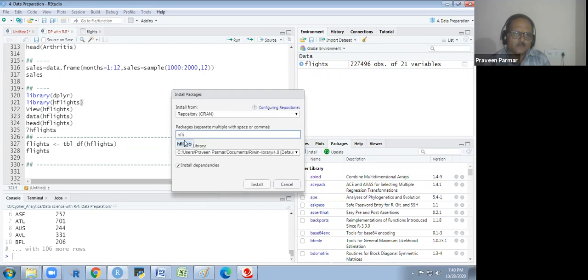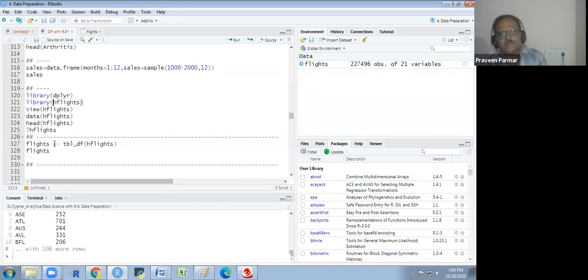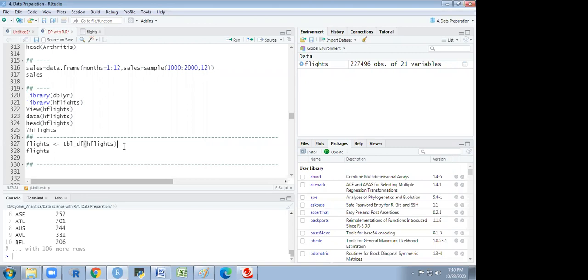Got it? And then you install it. After that, you call the library hflights, and then you will get this data. Got it? Okay, sir. Try this. Don't worry. Try this.